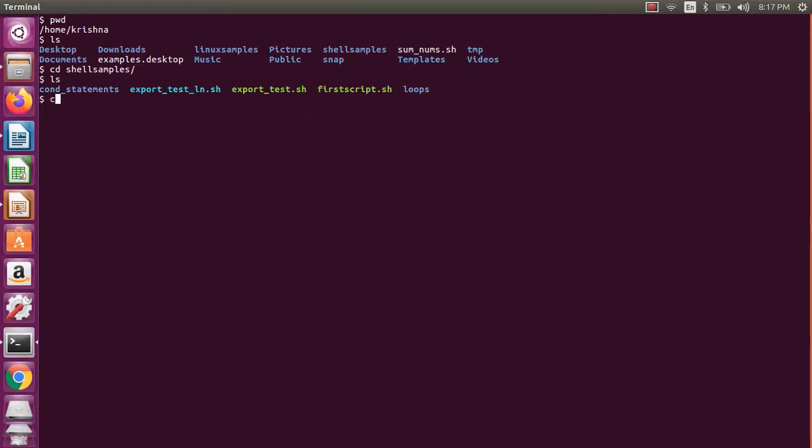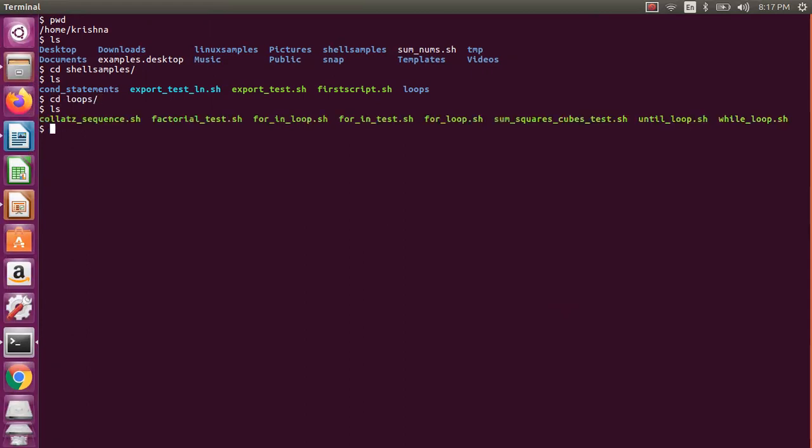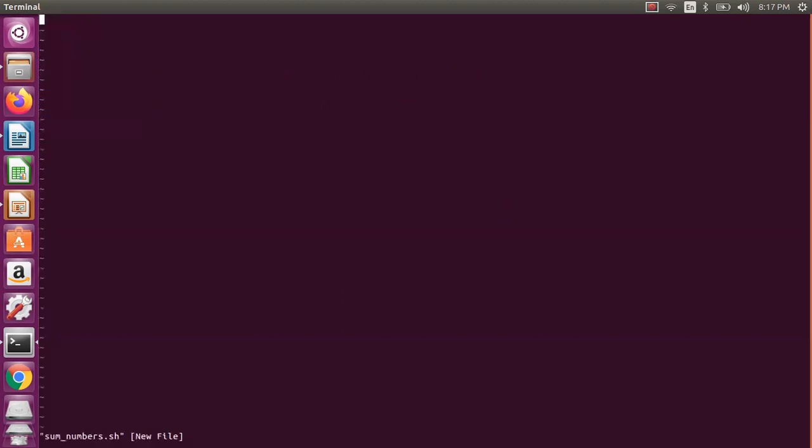Conditional statements and loops, right? It is important for you to follow the same way. You need to create the directories, and then put the respective files in them. Let us say some user entered numbers. Let us have the first line, the shell script line, either user bin environment bash or bin bash, and the first statement is: sum of user entered numbers until count.